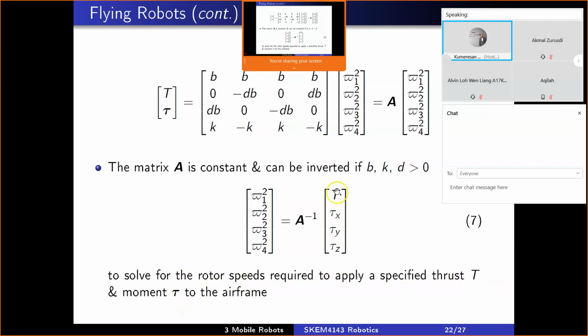So in order to generate specific values of thrust and moment or torque, you can compute the required angular speed of the propellers. Because at the end of the day, it is the propeller that generates the force and the torque. Okay,